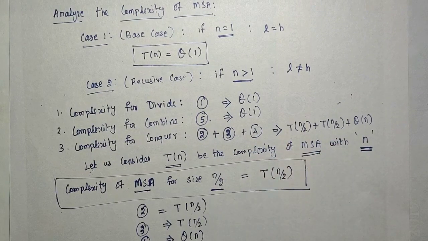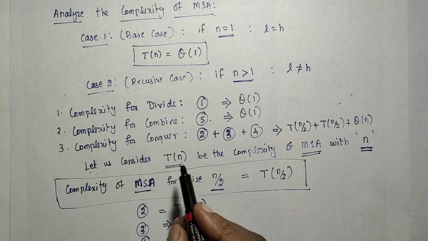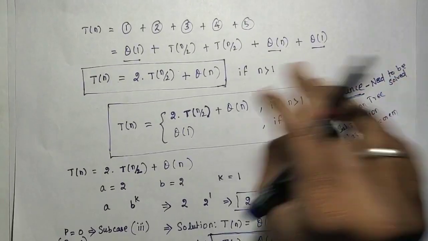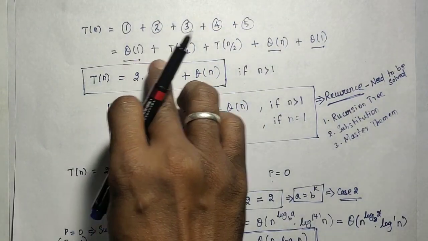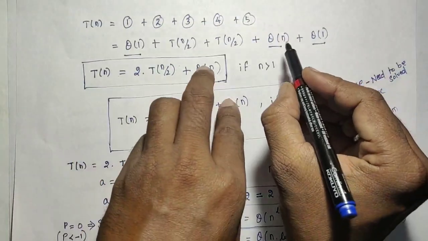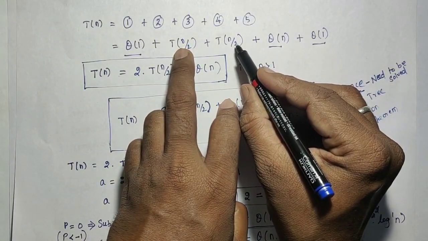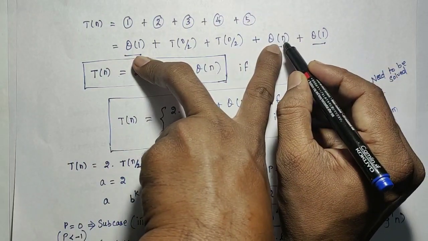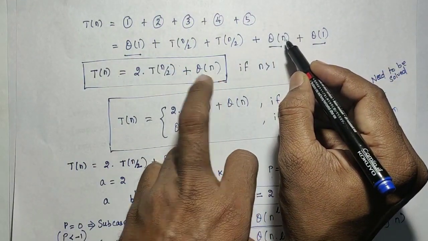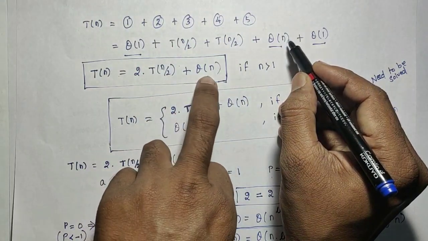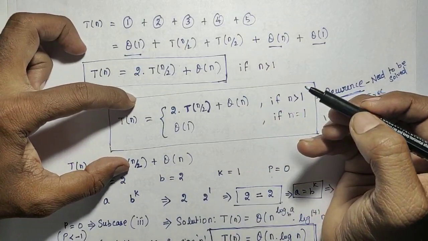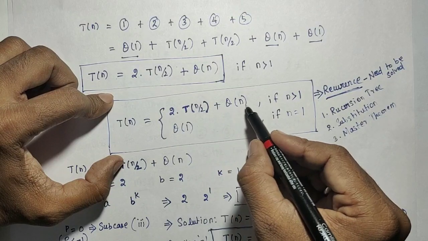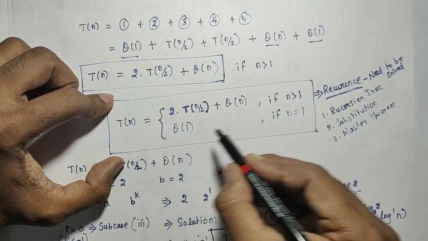So we can write like this, and then the complexity T of n is what we are going to find. That can be written as the complexity for the 5 steps, theta of 1 like this. Among these, T of n by 2 is the unknown complexity, and among the known complexities, the constant complexity can be ignored, because the greater one is theta of n. So we can write 2 into T of n by 2 plus theta of n. And we can combine both cases. We can write T of n as 2 into T of n by 2 plus theta of n if n is greater than 1. If n equals 1, this is the case.